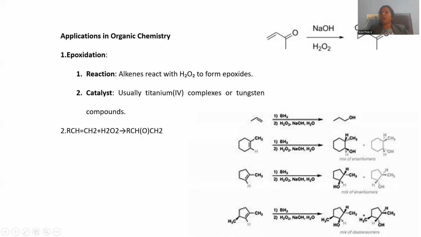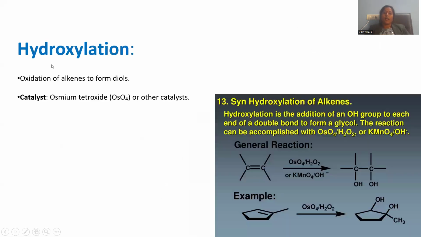We are not supposed to end the reaction at the epoxide. Later, we can go for further hydrolysis, giving rise to a hydroxyl group. This is the way a reaction with hydrogen peroxide always converts alkenes into ether compounds. Hydroxylation stands for wherever a carbon-carbon double bond is there, it is able to react with hydrogen peroxide at the two carbon atoms.